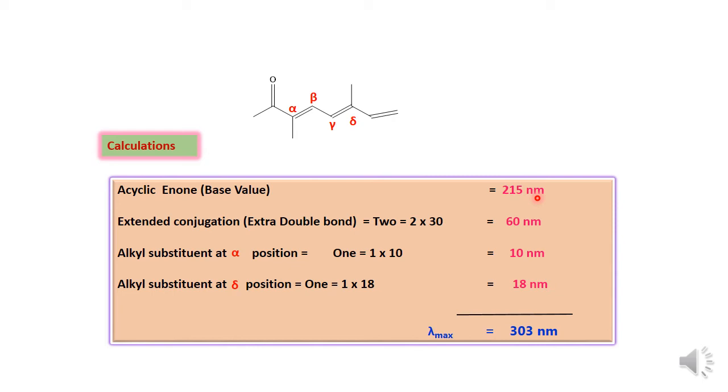So after that you have to look for substituents, alkyl substituents, and you have to see whether there is presence of extended conjugation, any extra double bond. So that we have to see by tracing the conjugated system. So here our conjugated system starts from this carbonyl group. Now it is quite larger, a long chain. So in this way, this is the entire conjugated system we have traced, we have located, and now we have to see alkyl substituents.